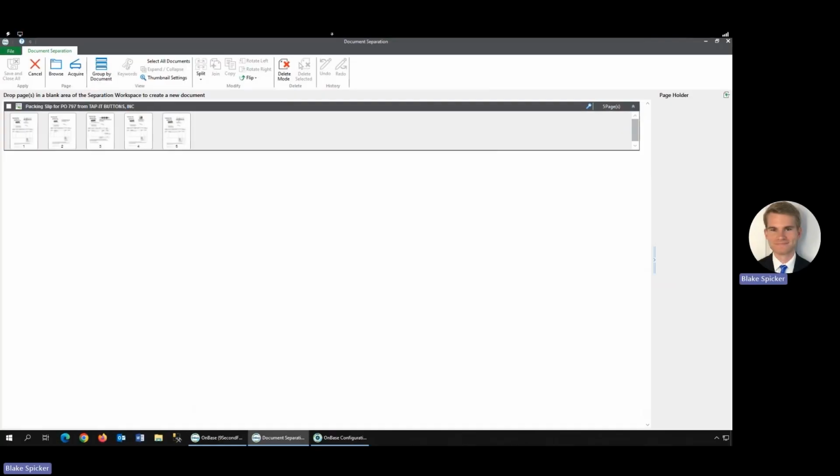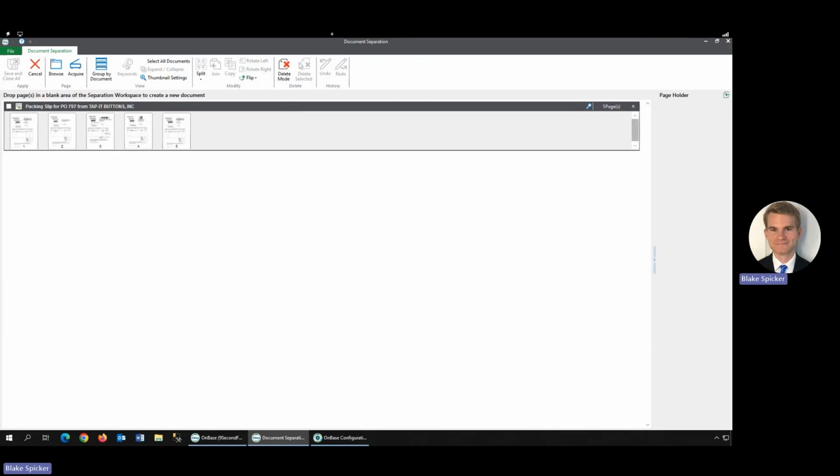Today we are going to talk about separating PDFs and TIFFs within OnBase. PDFs and documents assigned the default image file format, or a custom file type based off an image file type, can be separated into multiple documents using the document separation layout. In addition to separating documents, you may also drag pages between documents, copy pages within documents, or pin documents together in the document separation window.